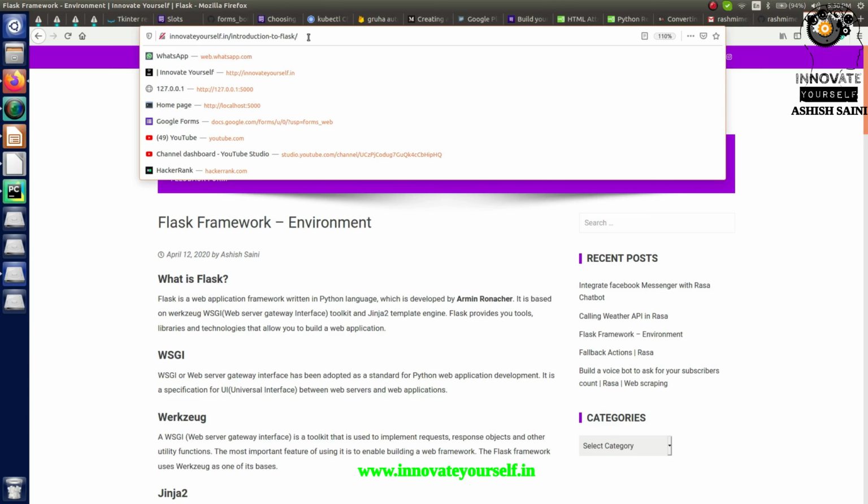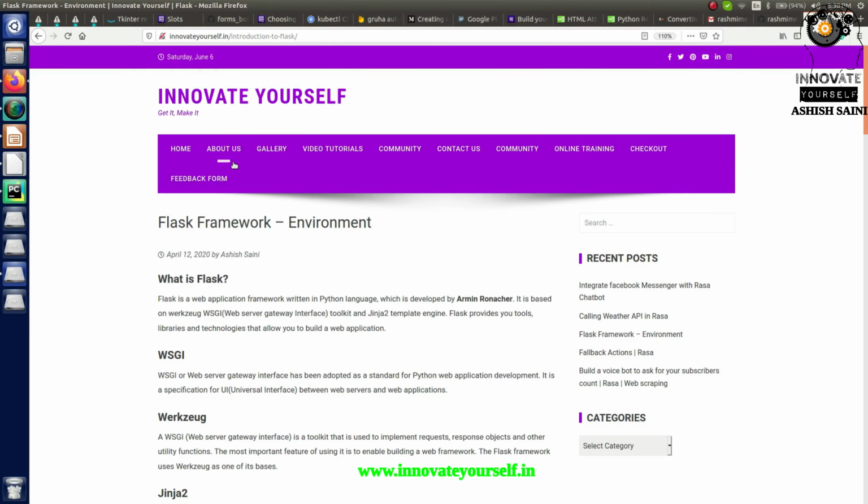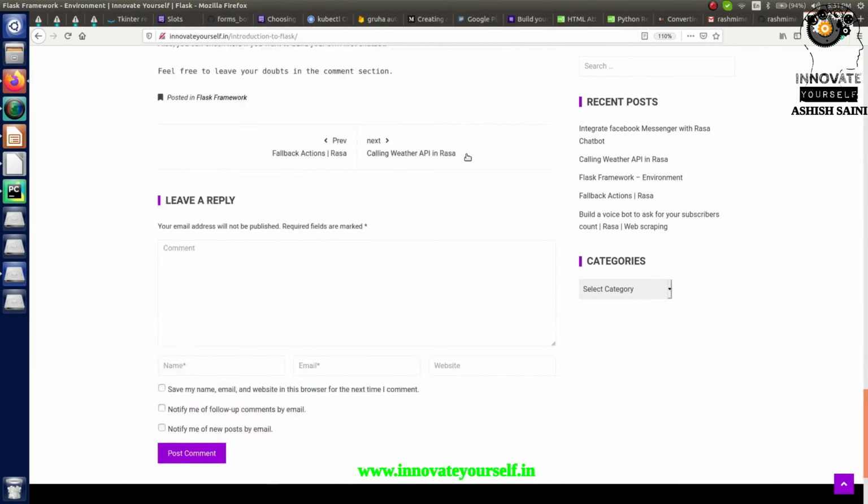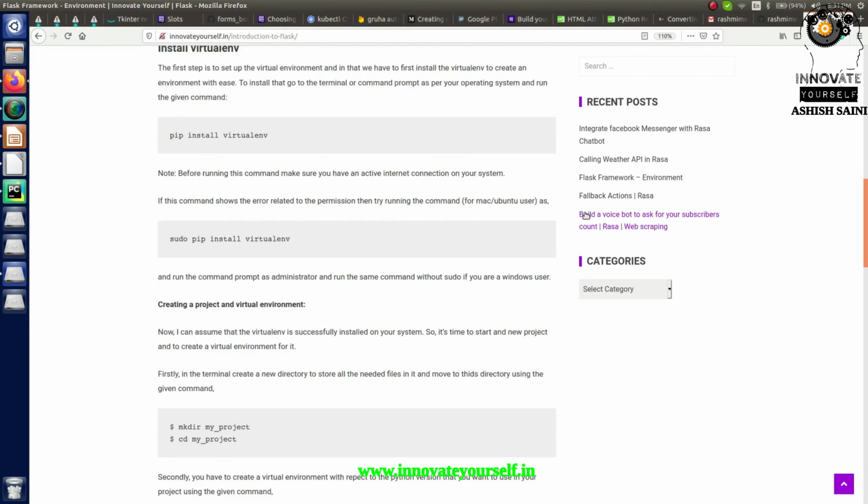So what is it? This is called the routing part, using which we will be able to redirect from one location to another location, or let's say from one API to another API. Similarly, if I click on any other links which you can see on this page, it will redirect you to some different page. So this is how your Flask application works, and this is how your routing part in Flask works.